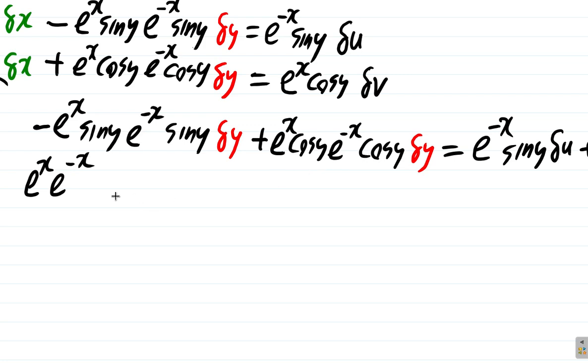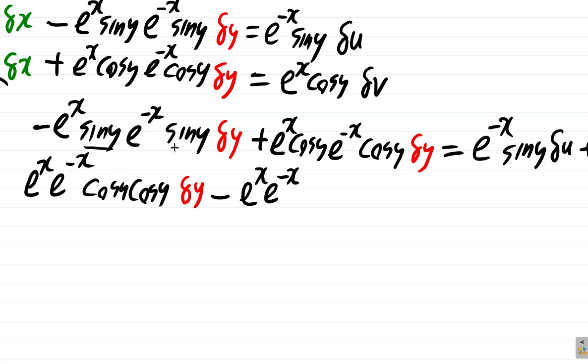Then cos y, this one, and then this one, cos y by delta y. Minus this and this. We have e to the x, e to the negative x, then sin y, see that? Sin y, and then we have our del y is equal to,